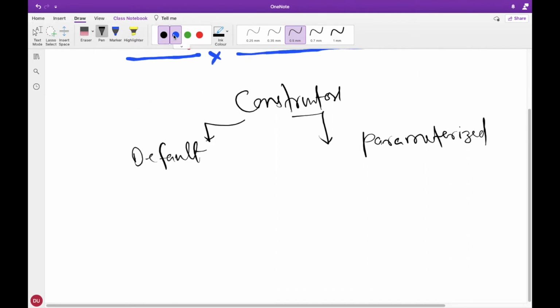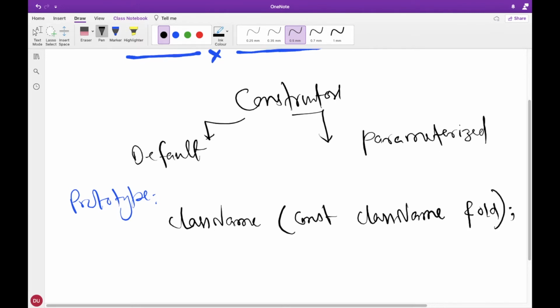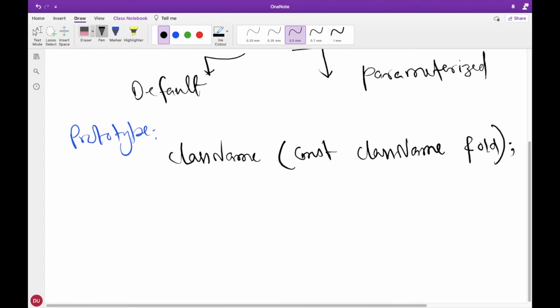And its prototype is like this. So we have a class name which it should return, then const class name, and then reference of old object, right? So when we take an example, you will understand all these things.